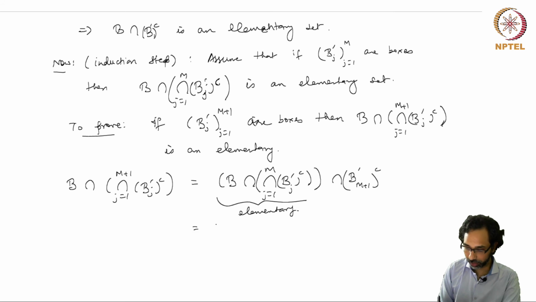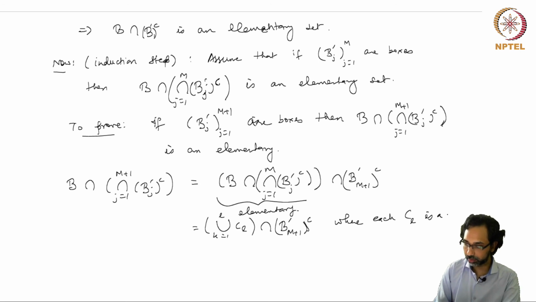So this is in fact a union, k from 1 to L, Ck, intersection B m plus 1 prime complement, where each Ck is a box. Because this is an elementary set, it is a finite union of boxes Ck, k equal to 1 to L, and now we have to take this intersection with the B prime m plus 1 complement. So now we can distribute it